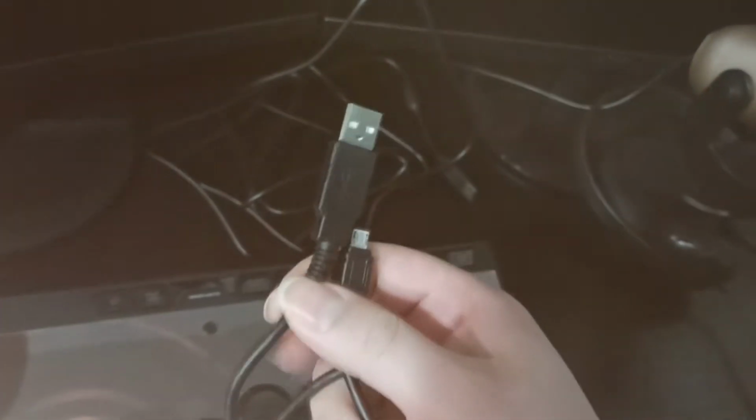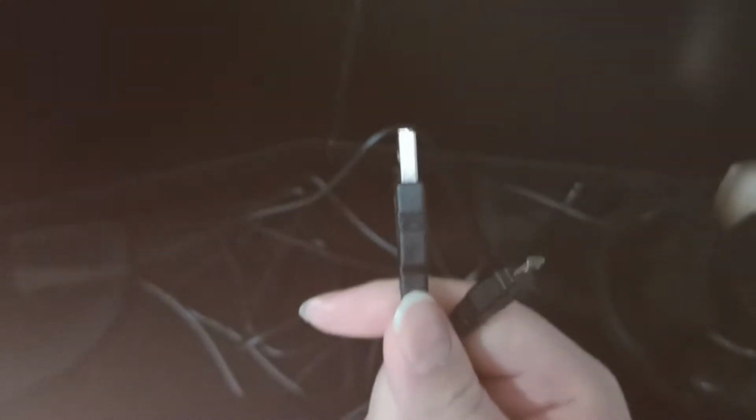When you open this in the box, you get the stick, and you also get another USB cable. We have here USB type A male to micro USB type male. You'll plug this into the Xbox or PlayStation 4 controller, then take the normal USB part and plug it into